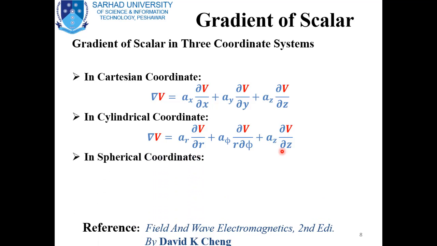Similarly, in the spherical coordinate, where all u's of the generalized coordinate are replaced by r, theta and phi, the first metric coefficient h1 is equal to 1, the second metric coefficient h2 is equal to r, and the third metric coefficient h3 is equal to r sin theta. By replacing these parameters with the spherical parameters along with the metric coefficients, the gradient of a function in spherical coordinate can be written as.